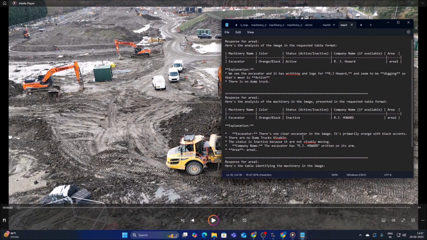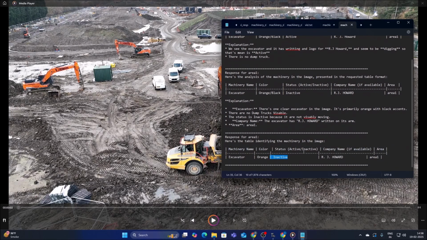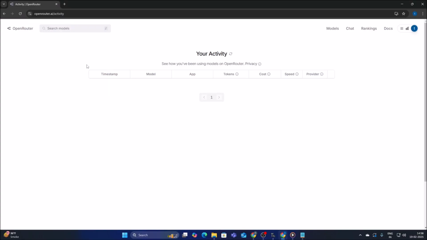Excavator, there is one clear excavator in the image, it's primarily orange and black accents. There is no dump truck visible, as you can see, and the status is inactive because it is not visible moving or anything. Let me show you here, this is basically